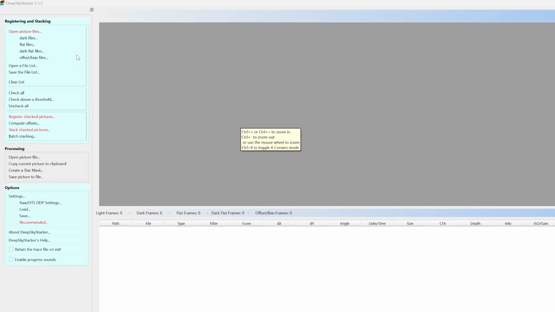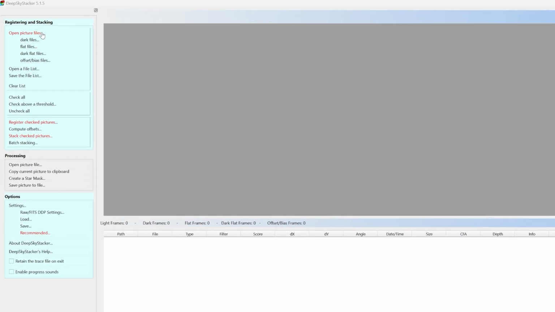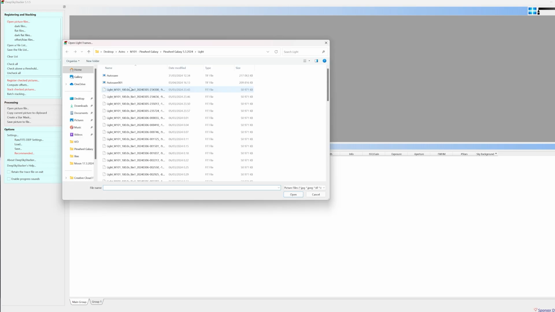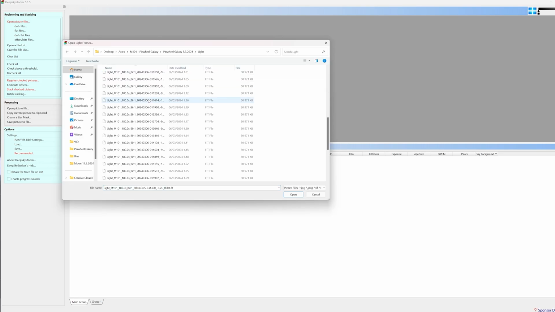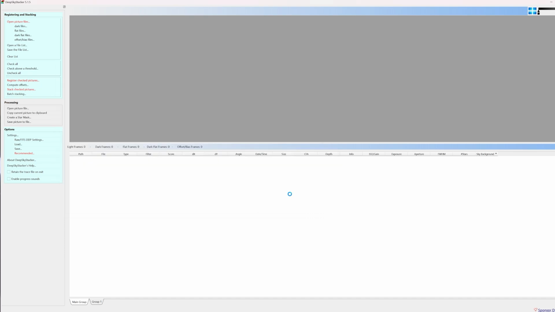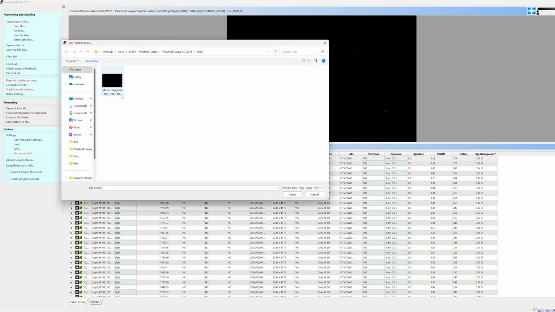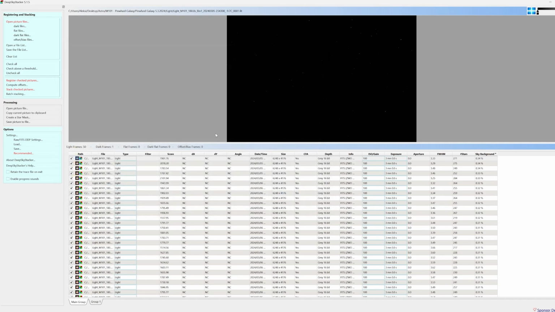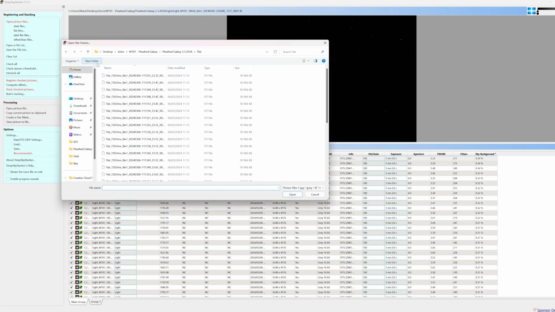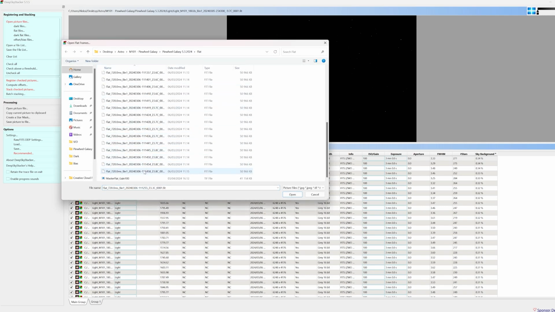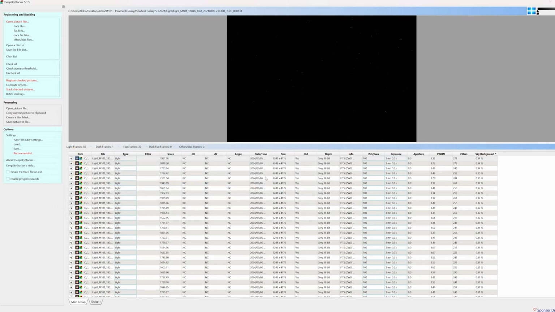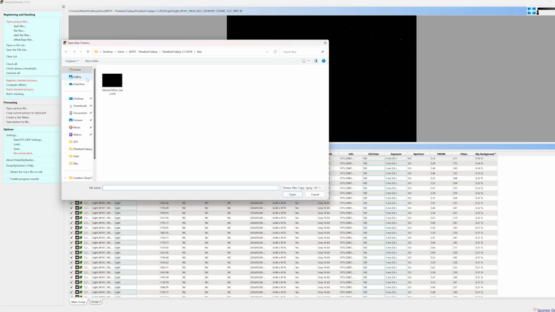In the top left it says Open Picture Files, and from there we can import our photos of the actual target that we have captured, aka light frames. So we select all of our light frames and hit Open. Next I'm going to bring my calibration frames. So again, from the top left corner, Dark Files, this is my master dark, Open. Then flat files, I'm going to select all of my flat frames, open, and finally my master bias,